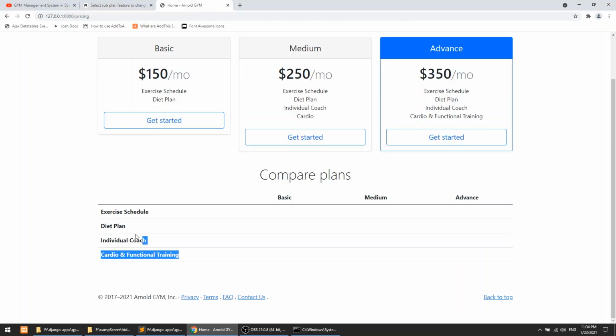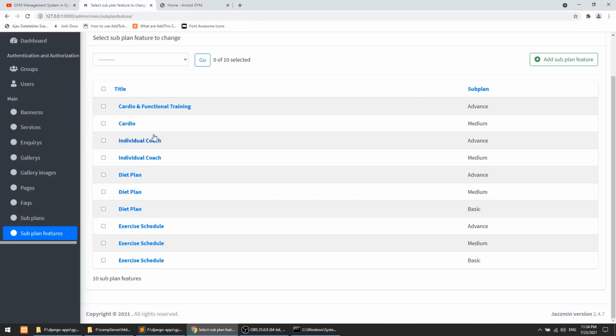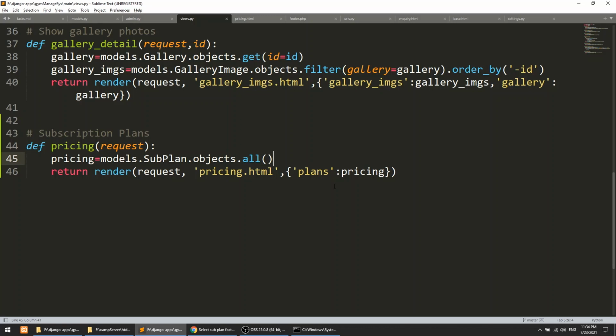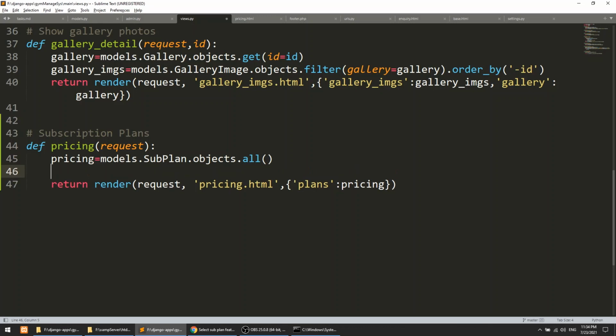Now we need to fetch this data. Here we will fetch all the features, but we have lots of features here. We have added features like exercise schedule in three plans, in the advanced also, medium and basic, but we need this one time. So we need this distinct data. So I will go to the views.py file, and here we will say, let's say d_features, distinct features